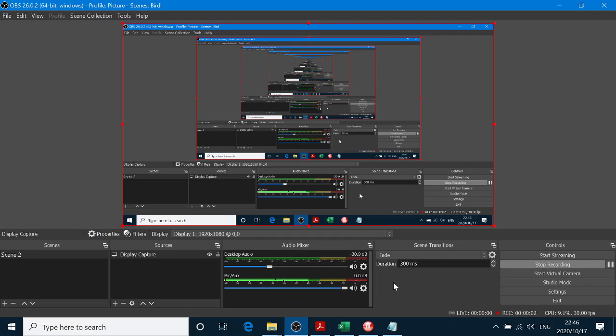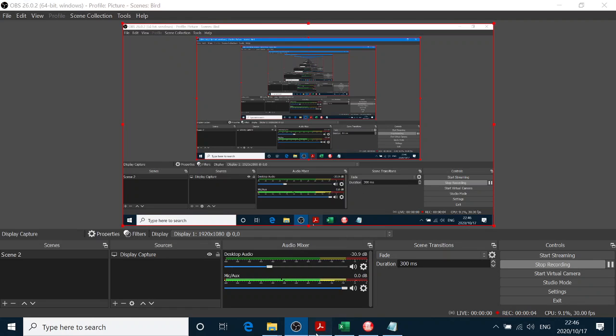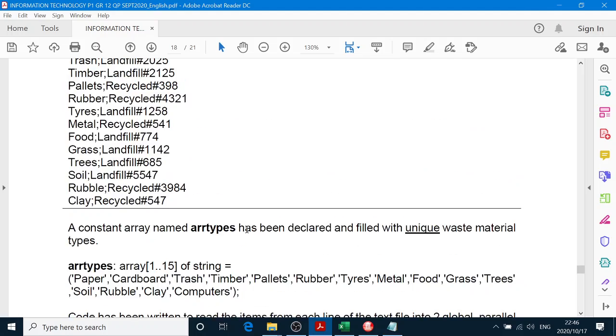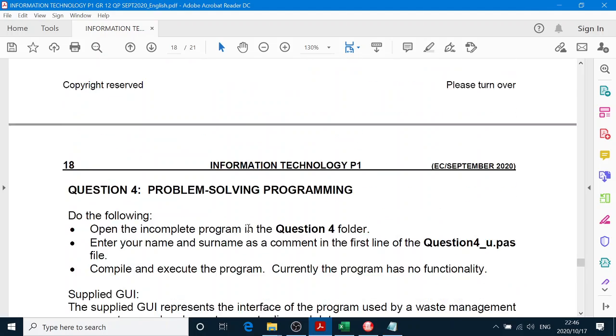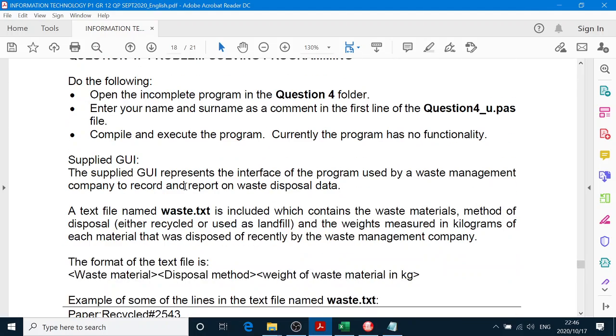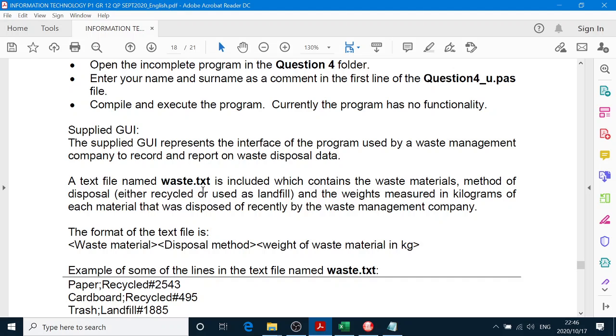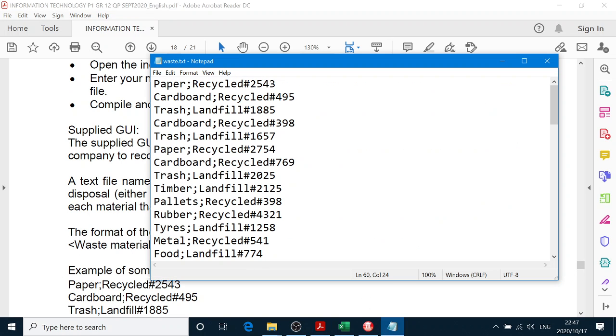Welcome back, grade 12s, now for the dreaded question 4. Right, there's quite a lot to read. So, bottom line is we have a text file called waste.txt. And if we have a look at the text file, we can see there's semicolons and hashtags. We don't have to worry about that because